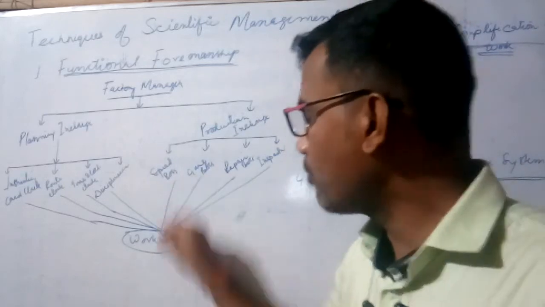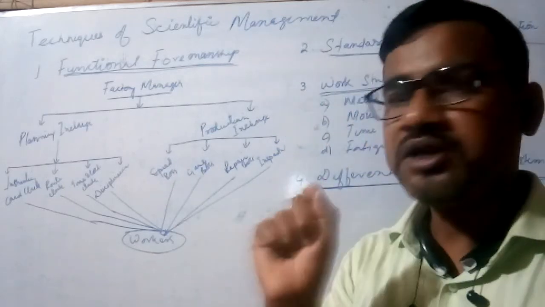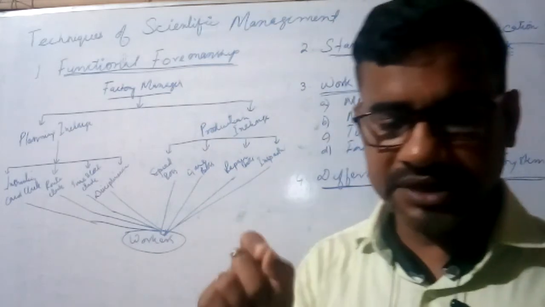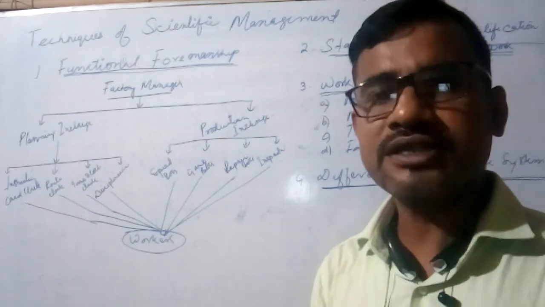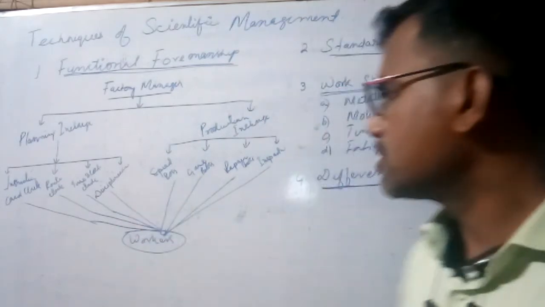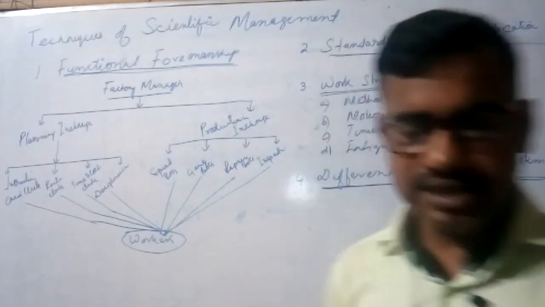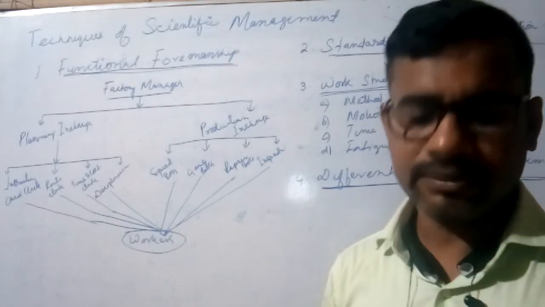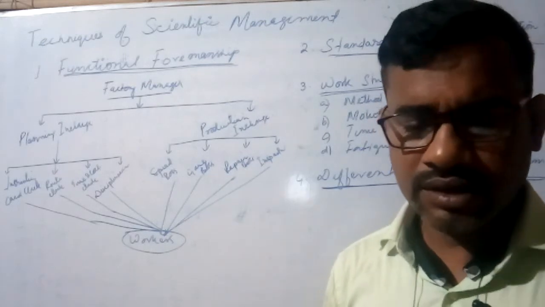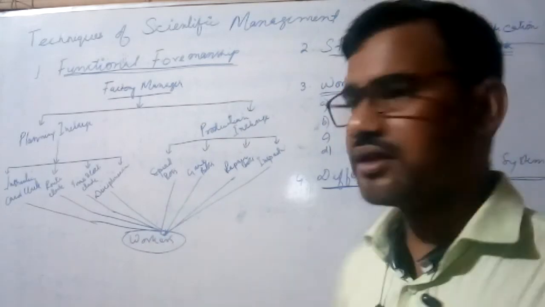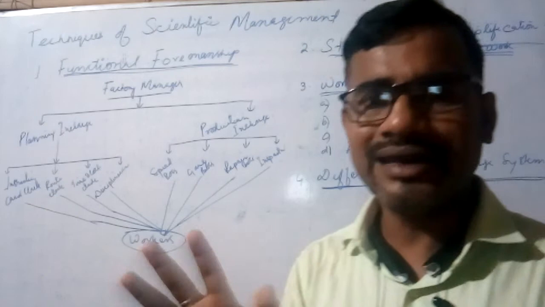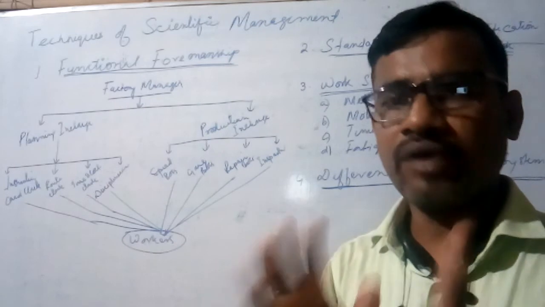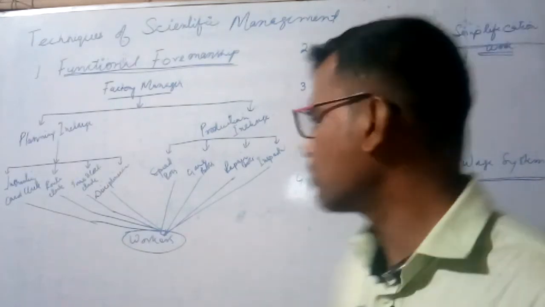That means if a worker is running a machine, what speed should be maintained by that particular worker for completing that particular work. He checks whether work is progressing or not. All these things are being seen by the speed boss. Now the second one is gang boss. Gang boss is responsible for keeping machines and tools etc. in an orderly manner. He also sees that when the worker comes, the starting of the work doesn't get any delay. So that is the work of a gang boss. Gang boss will look after whether every machine is okay or not, in its proper place or not.